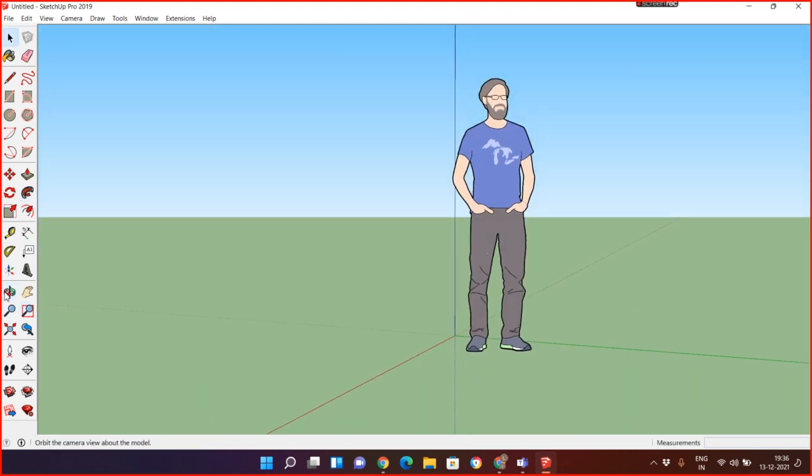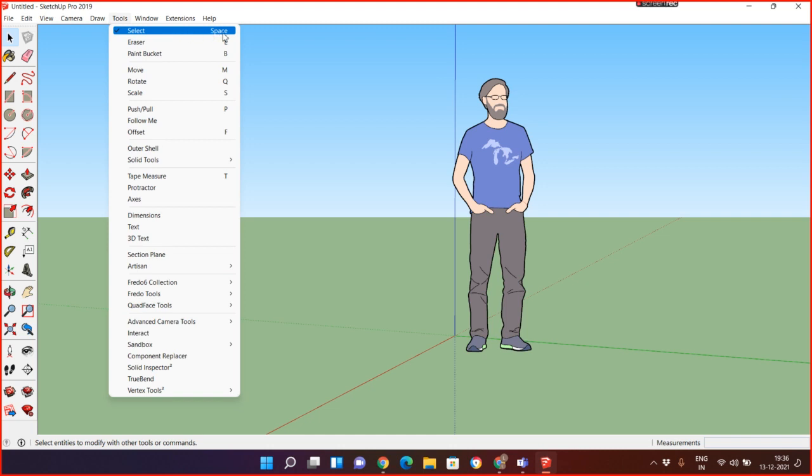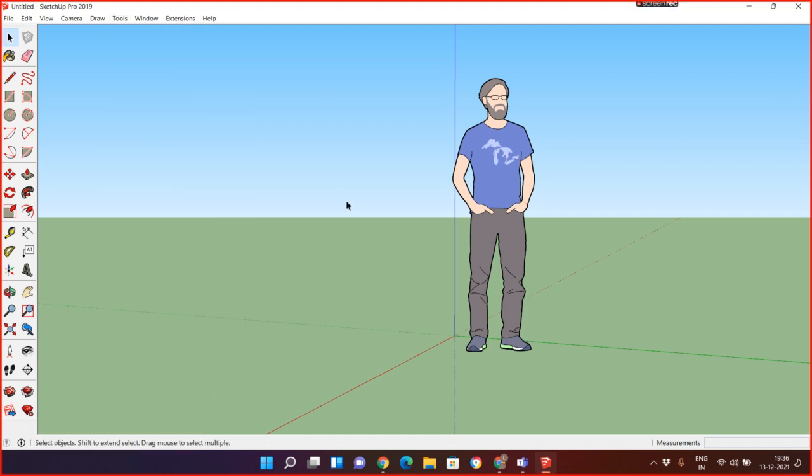If suppose you are in any tool, like orbit, and you want to exit from orbit, you have two options. The first option, you can use Escape, or the best way, you can use the space bar, because over there the space bar stands for select. See, what is the shortcut of select? Space bar. So if you are in any tool, suppose I am in the zoom tool, press space, I exit from zoom and go to the selection tool. Hope till now I have not a single doubt.